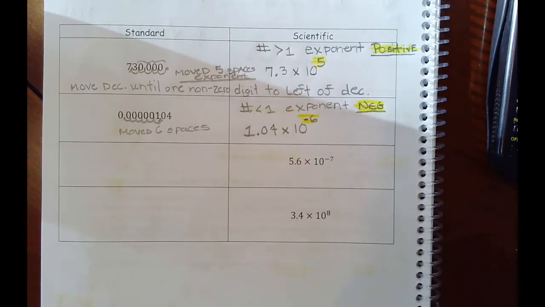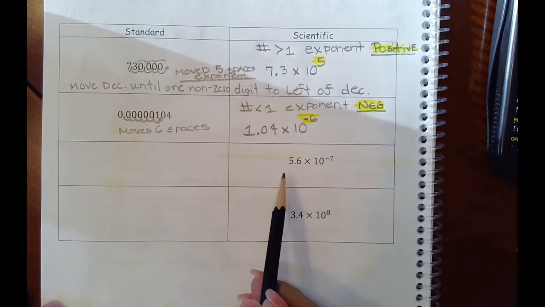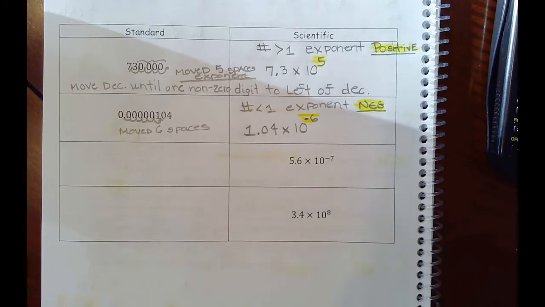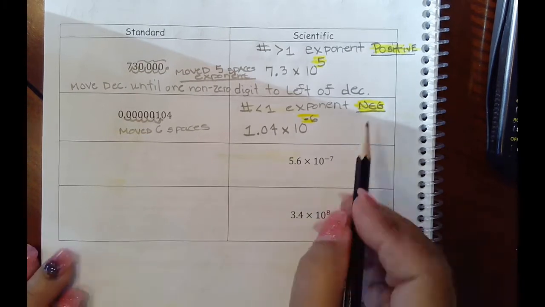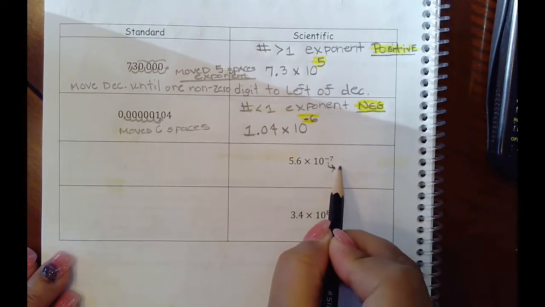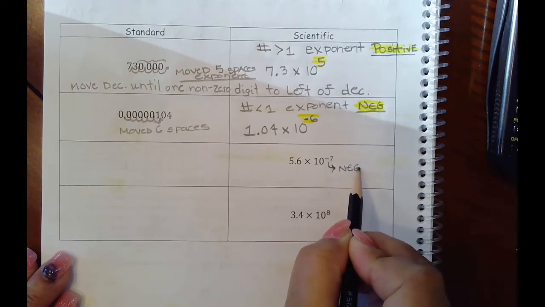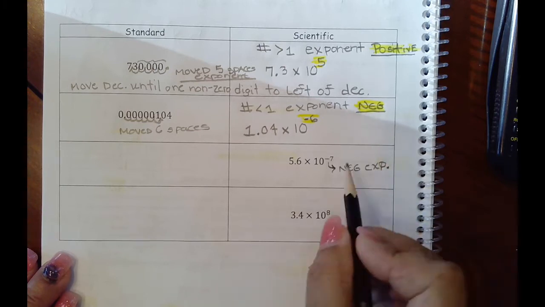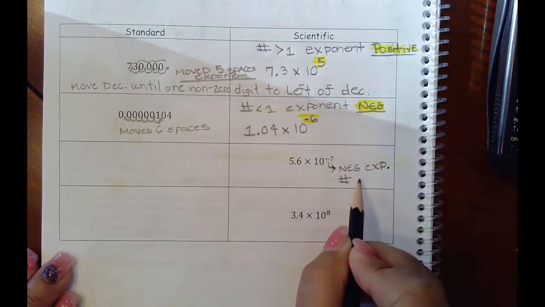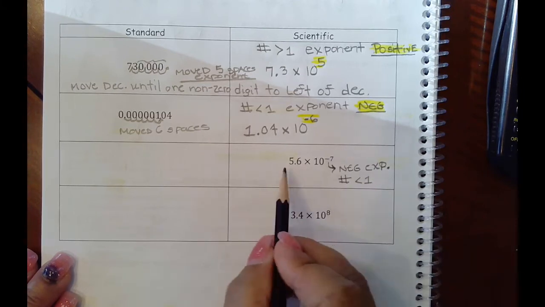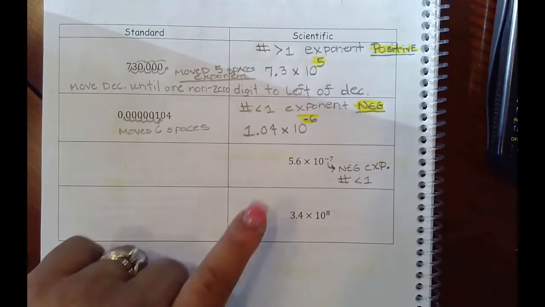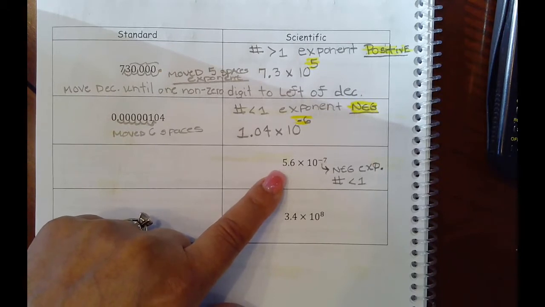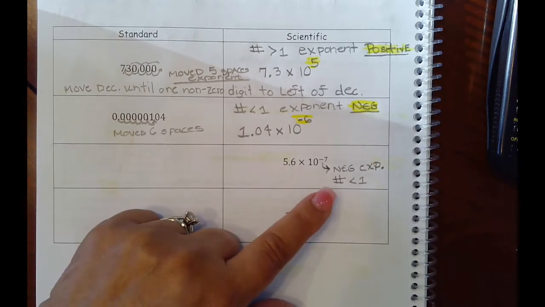Okay, moving on to problems where we're going back the other way. In this problem, it's already in scientific notation, so we have to kind of reverse our thinking. If this is a negative exponent, right here, what that negative exponent indicates is that this number began as a number that was less than 1. So right now you're looking at something that's bigger than 1, that coefficient right there. So you want to move the decimal in a way that you're going to end up with a number less